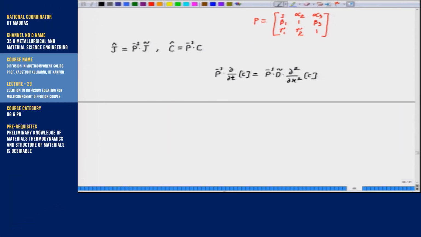And we know P inverse times C is nothing but the matrix C cap, right, the new cap basis. So, we can write dou C cap by dou t